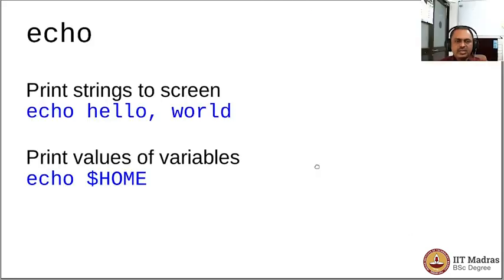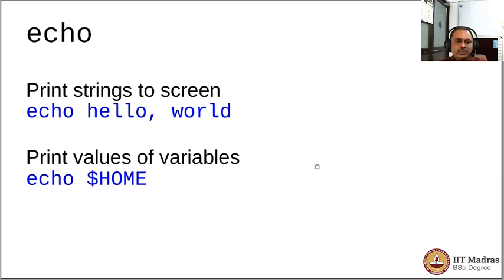In this session, we will be extensively using the command echo. The echo command prints out the value of a shell variable or a string that is supplied on the command line onto the screen. For example, as you can see, you could print hello world using a single line like echo hello world, and you would see that the string hello world will come onto the screen.